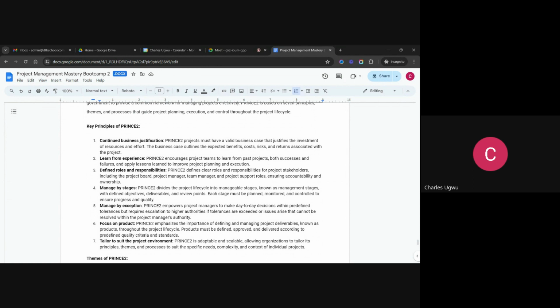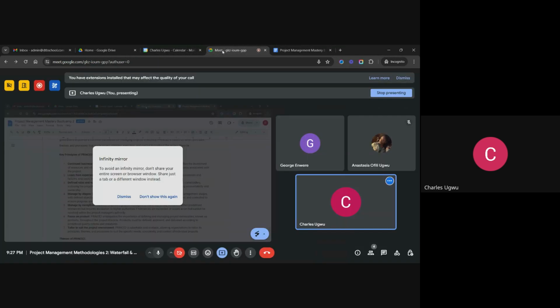It's very important. So PRINCE2 encourages the project team to learn from past projects, both successes and failures, and apply lessons learned to improve project planning and execution. Then number 3 principle, define roles and responsibilities, like we've done already. All these things, we've done that already. We've done what we call RACI matrix, where we learn how to define roles and responsibilities in projects. You know, we've done this, and